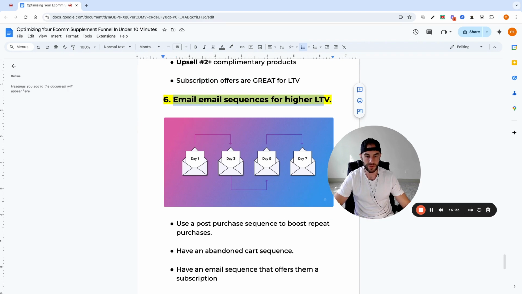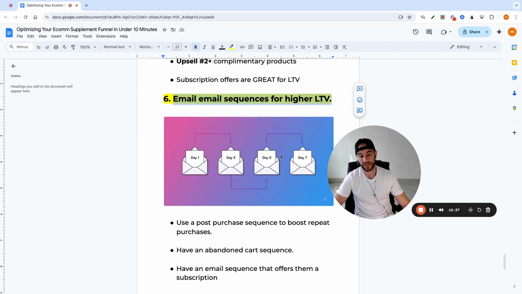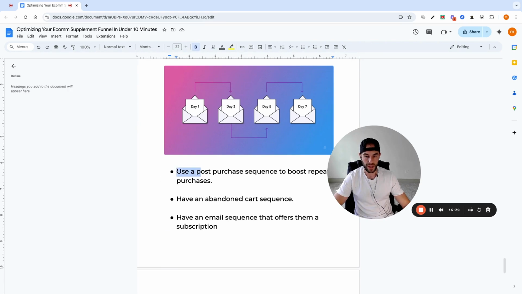Last, we have email sequences for a higher lifetime value. And this is something that a lot of people miss the boat on. So once somebody goes ahead and grabs your product, give them a post-purchase sequence to get them better results, to show them how to use the product and to make a habit out of using the product, show them the big mistakes to avoid with the product so that they can get the best results possible, check in on the results, and then very last, like 14 to 15 days after their supply runs out or the given serving size runs out,